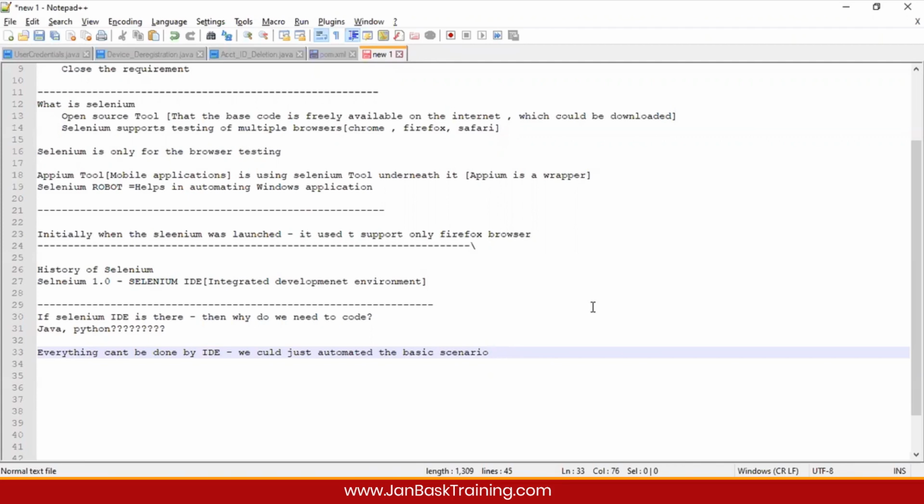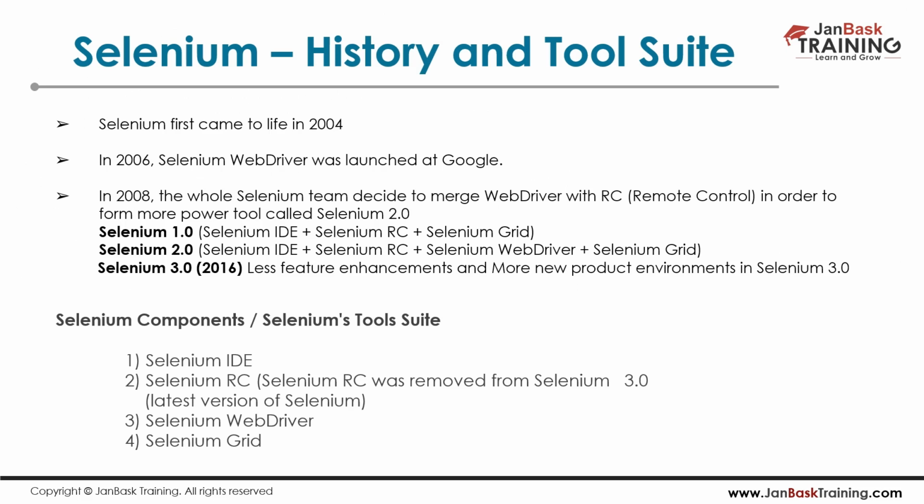Selenium IDE was developed to cater to the very first initial launch of Selenium, in which it was comfortable to record happy path flow, because during that time people were getting comfortable. But as soon as they launched Selenium IDE, they came across issues: hey, we're not able to handle this, we're not able to handle that. Then they came up with some other concepts. So right now we have only Selenium IDE as part of 1.0, right? But we have some other concepts too, called Selenium RC and Selenium Grid.